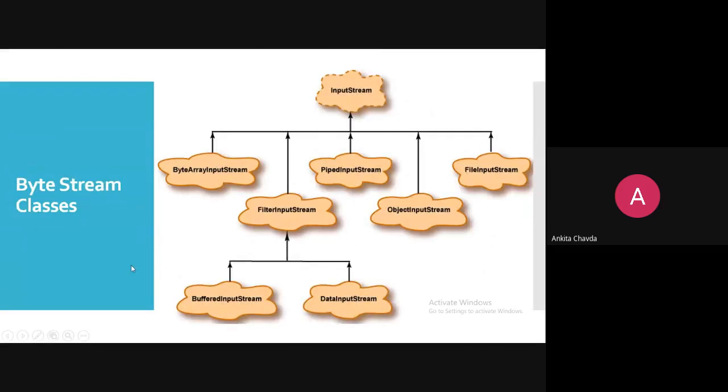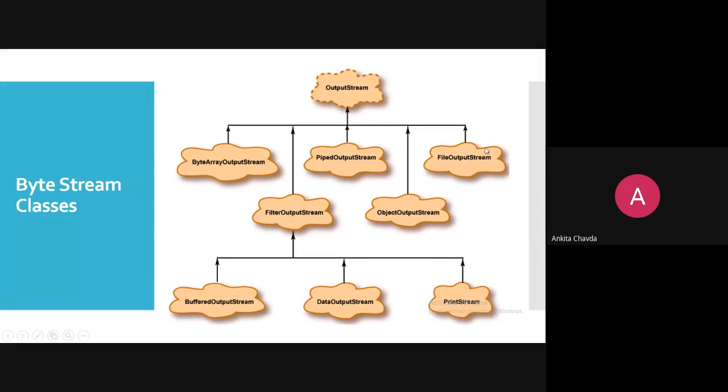Yes, here it is buffered input stream, buffered output stream. This is what we are using within the stream. It is not like you can separately create the object of buffered input stream and directly open one file. No, the buffer is actually within the stream. So first you need a class like file input stream or file output stream, and within that you can include this buffer. Are you getting it?